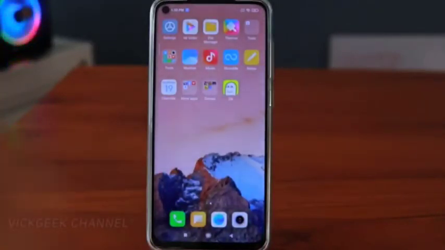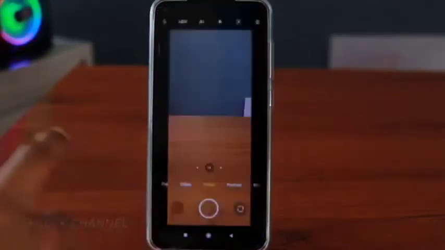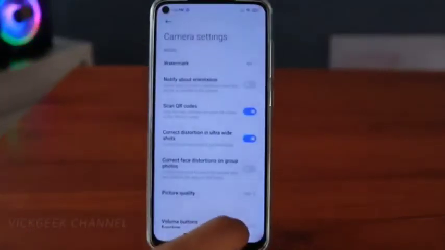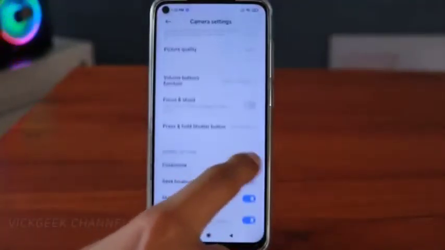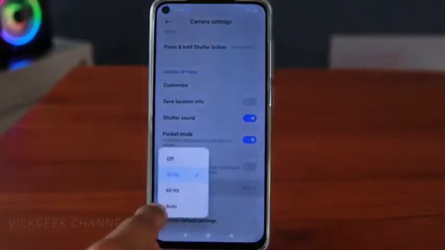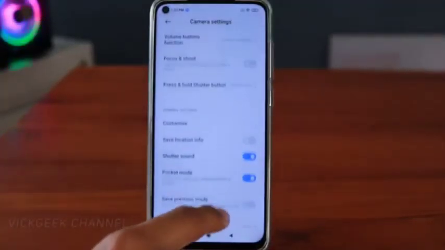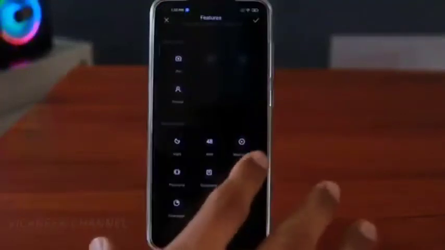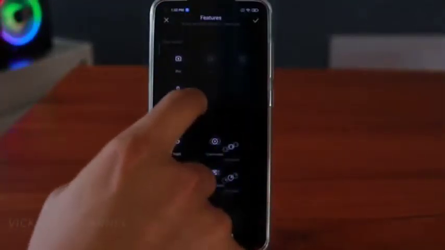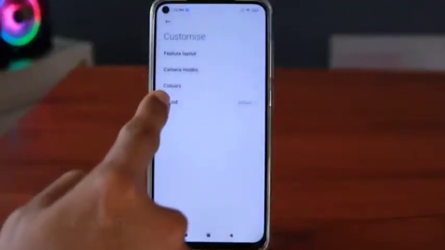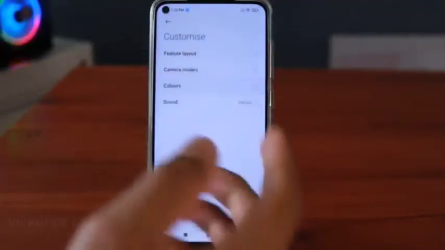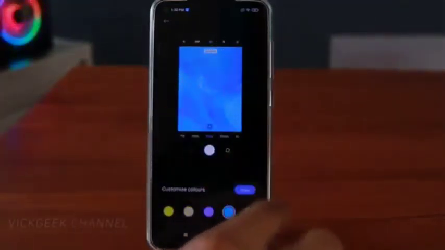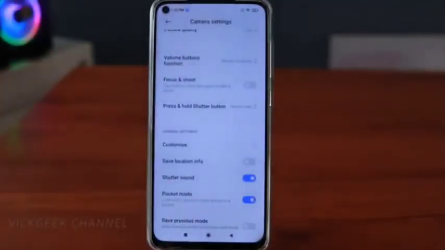The next one is, you want to change a few things in the camera settings. If I just go to camera here, tap on the three stripes and go to settings, here what you want to do is change the flickering method, which is at the bottom, anti-banding. You change this to 60 Hz always. And there is also one more thing that you need to customize. Here's the camera mode and feature layout, which you want to customize based on your preference. Let's say I use 48 megapixel all the time, so I'll just move it up and then tap on the tick mark. Similarly, you have colors there. You can customize the colors, like what color you want to appear, then tap on apply. Again, a nice and new thing that you can change.